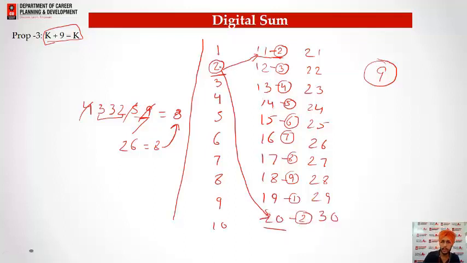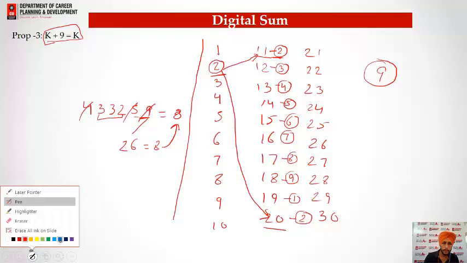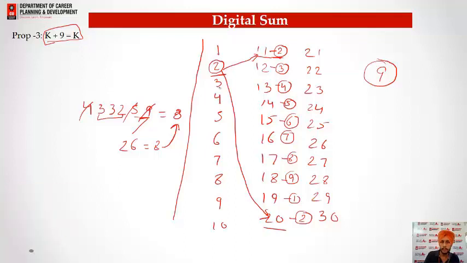You can also check another digital sum in this example only. Let's check for 3. So the digital sum 3 is here. Again the digital sum is 3 for 12, and again the digital sum 3 will be here, 2 plus 1, that is 3. So here again we have digital sum 3 after every 9 places.